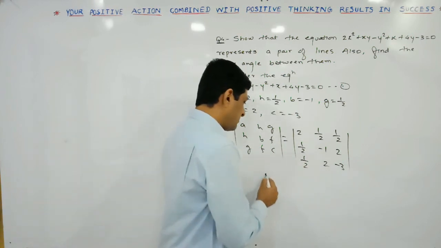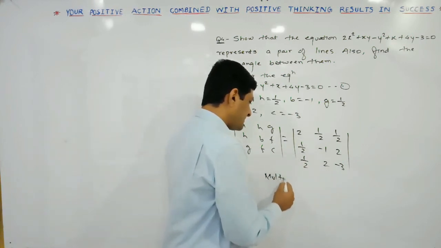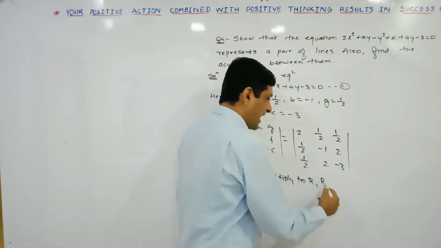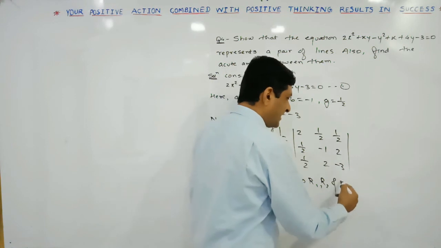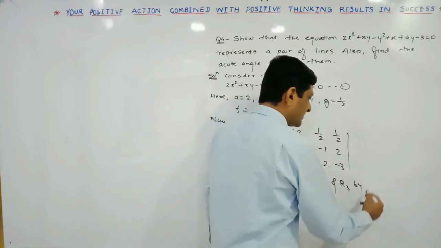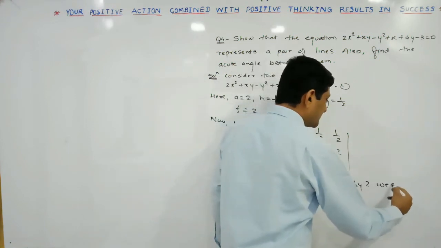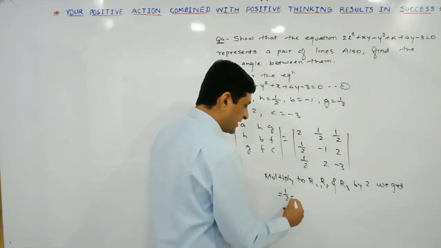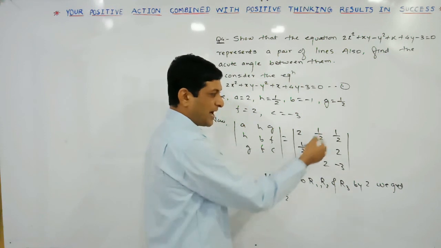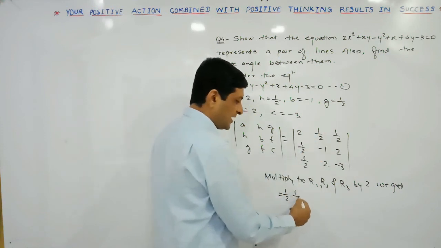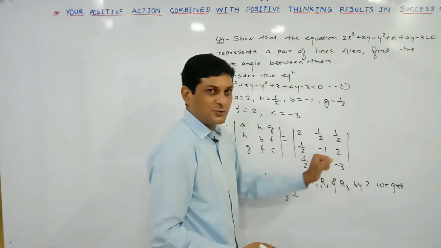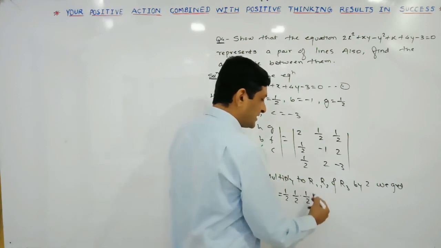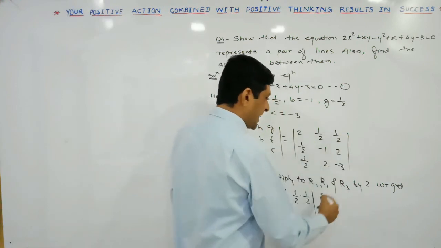To eliminate these fractions, here also we have to multiply r1 by 2, r2 by 2, and r3 by 2. So here multiply r1, r2 and r3 by 2. Let us see what we'll get. Since we are multiplying, that's why we are dividing also, means 1 by 2. Here we are multiplying r1 by 2, that's why divided by 2. Even we are multiplying r2 by 2, that's why divided by 2. Multiply r3 by 2, that's why divided by 2. So multiply by 2, 4.